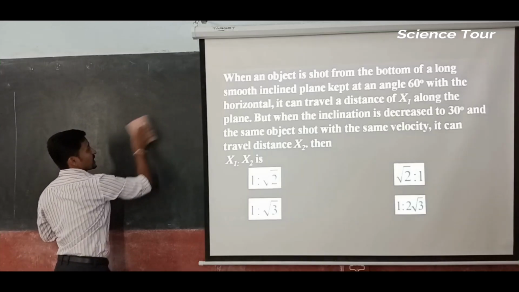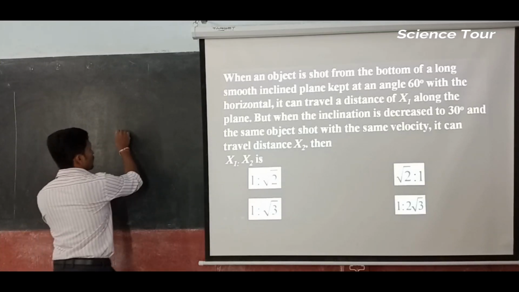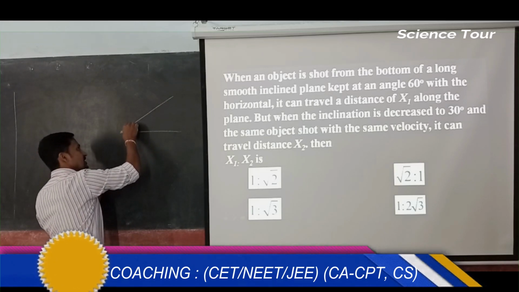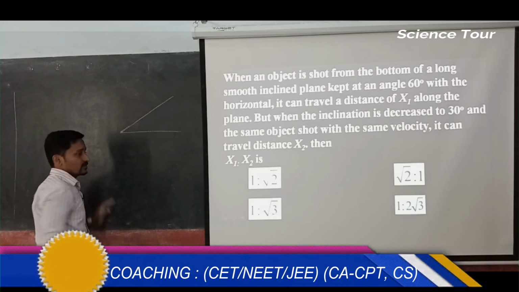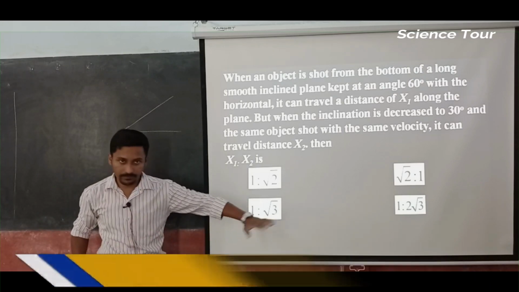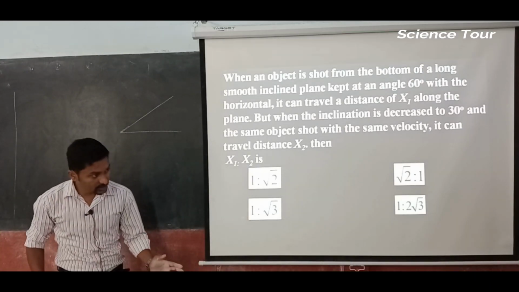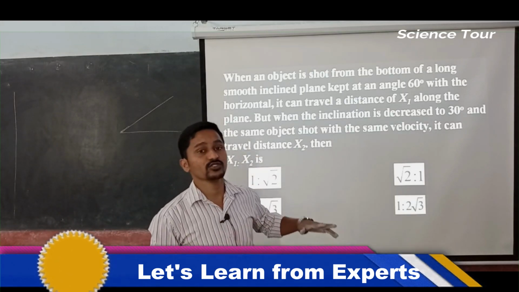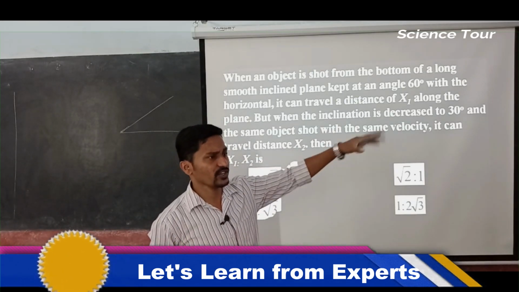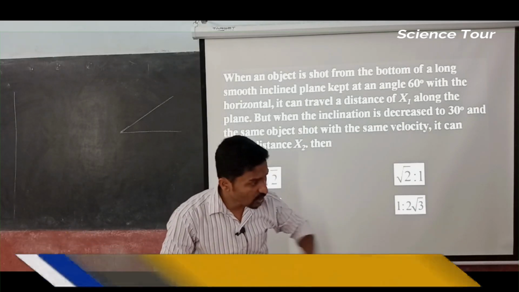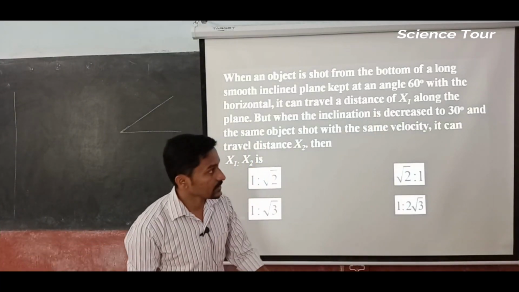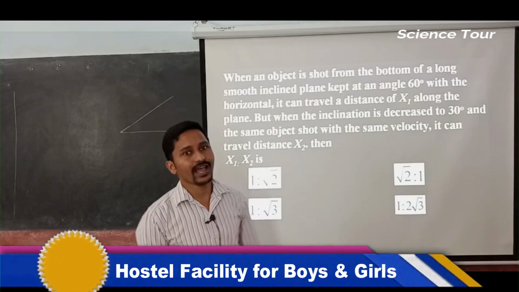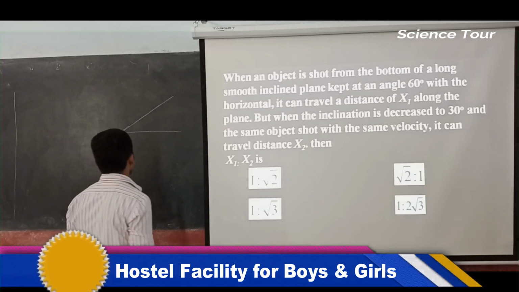Now see, this is very, very important. For motion on the plane, you are going to write down what the acceleration is. Though it is a smooth plane, the smooth plane means you shoot the object and it does not stop anywhere. It just continues, because it is an infinite smooth plane. The horizontal plane means it is continuous, but if it is slightly inclined, acceleration due to gravity is applied here, no?